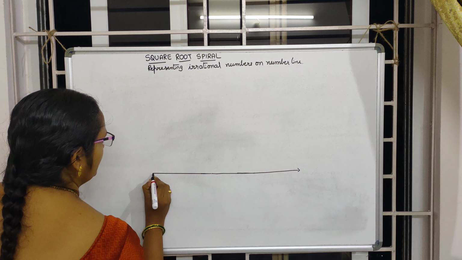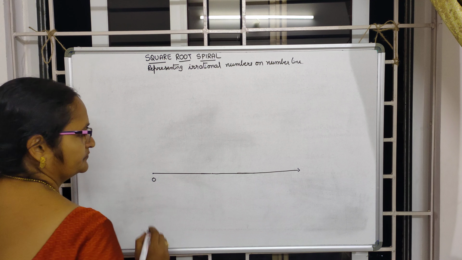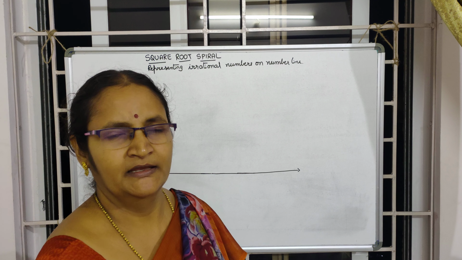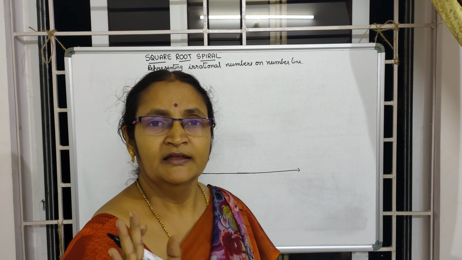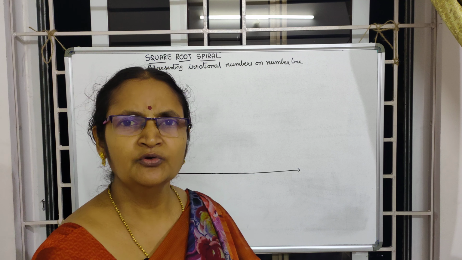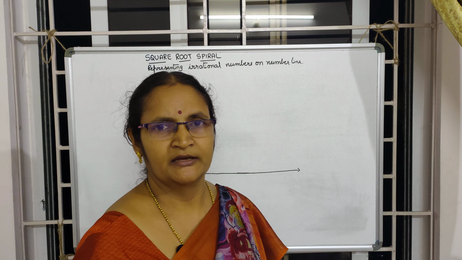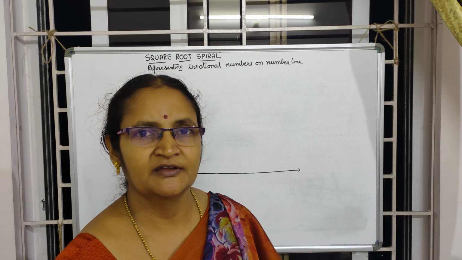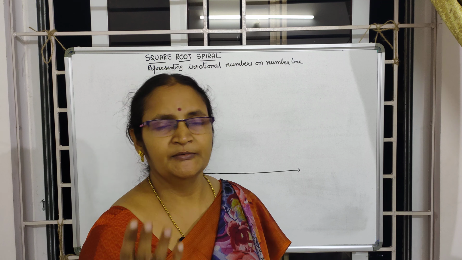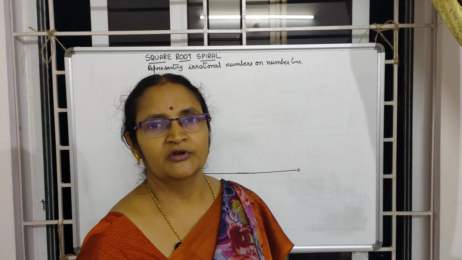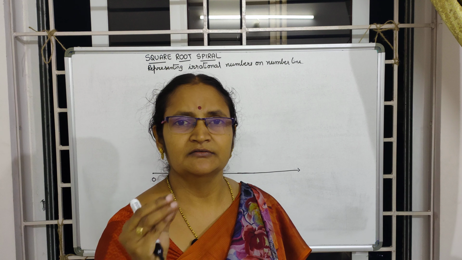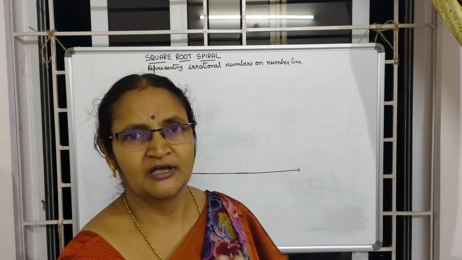I am drawing a line over there and marking this point as O. I am going to mark another point on this line, A, in such a way that OA will give you 1 unit. Here 1 unit may be 2 centimeters or 1.5 centimeters or maybe 2.5, depending upon us how we are going to construct it. Now while constructing, I am assuming it as 1 unit, 2 centimeters.